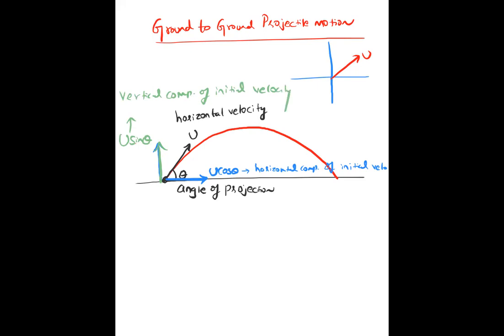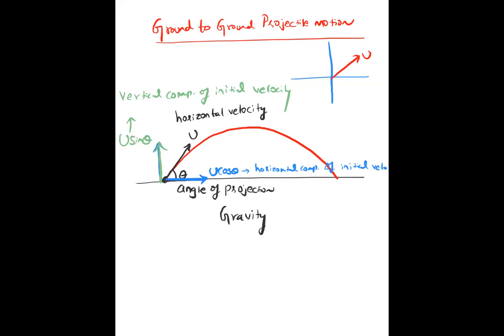One thing you have to understand is that during the entire motion, once the object has been projected, like a bullet or something you have thrown at a certain angle, after that you have lost control of it. You don't have any control on it. Only one thing is controlling it, and that is called gravity. Only one thing can apply force on that object.